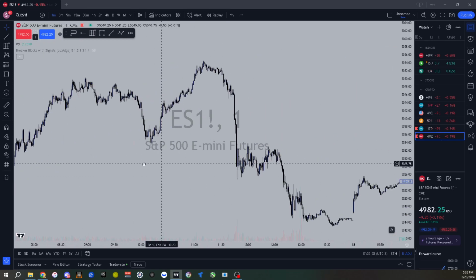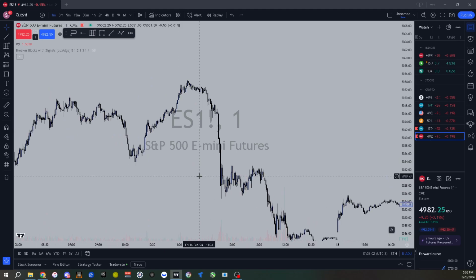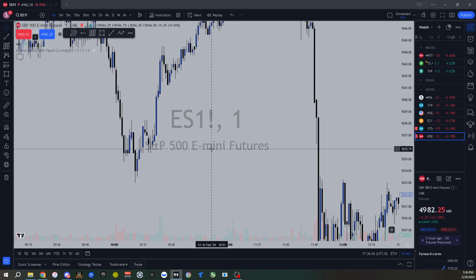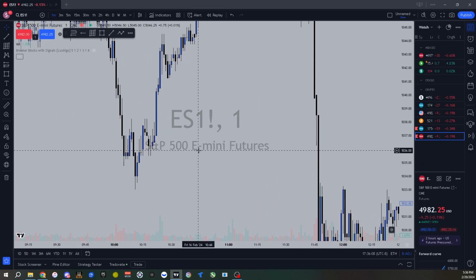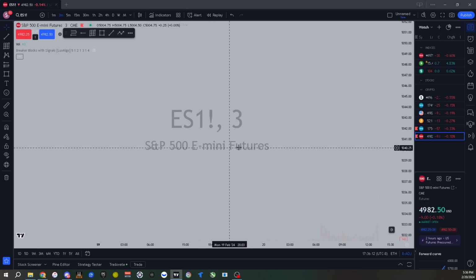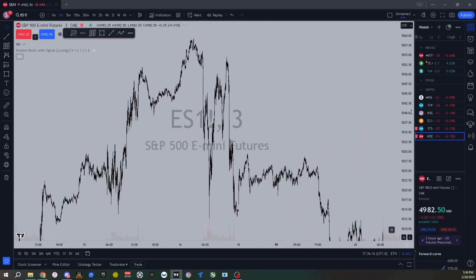It works all the time. You just have to know which ones work and which ones don't. Today's trade was right in here. I believe we took this live. Yeah, we took this one live in the Discord too. I'll have to find it, but